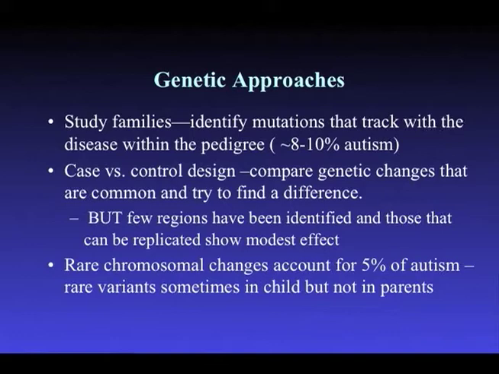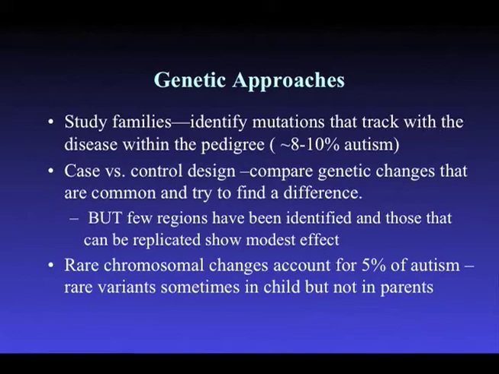The other thing that's been going on for some time, and this is where I'm going to pick up, is this idea that people would look at chromosomal aberrations. So look at big differences, chromosomal events, translocations, deletions, that they could see by looking at the cells of a patient under a microscope, looking for cytogenetic variation. And there's good data, for example, for the very famous one in chromosome 15, that all of this combined is probably accounting for about 5% of the genetic basis. But if you add all these numbers up, and if you believe that 60 to 70% of autism is contributed by a genetic effect, we have a long way to go.